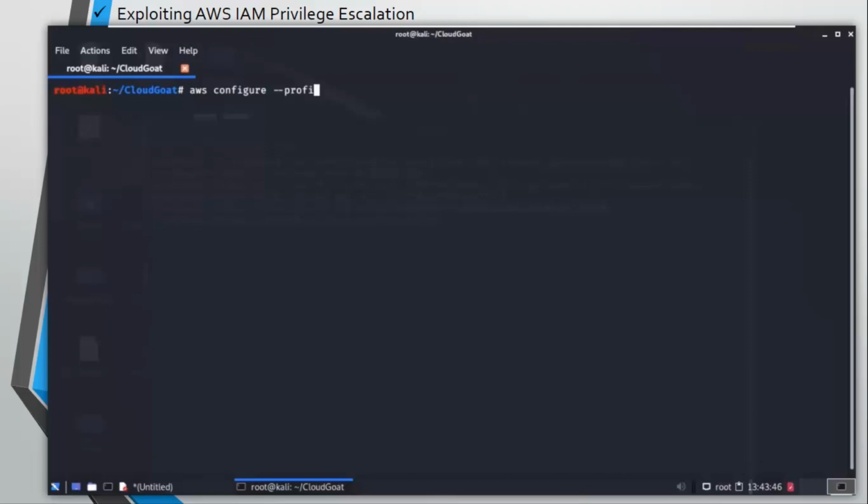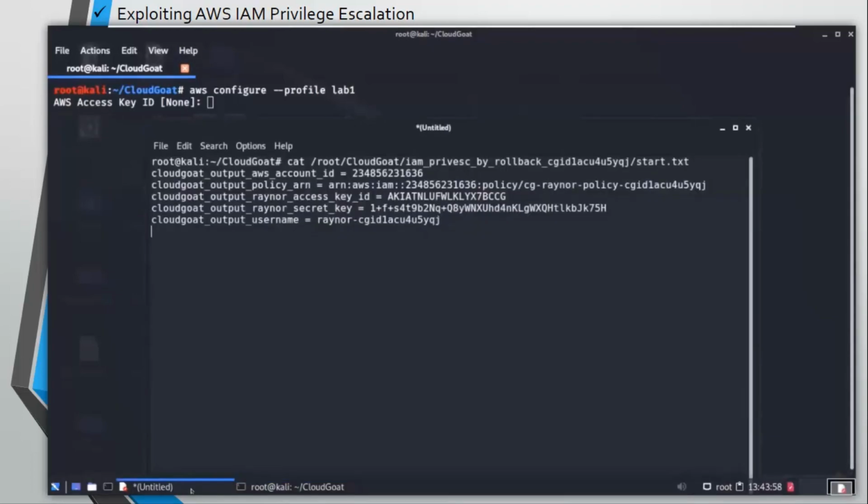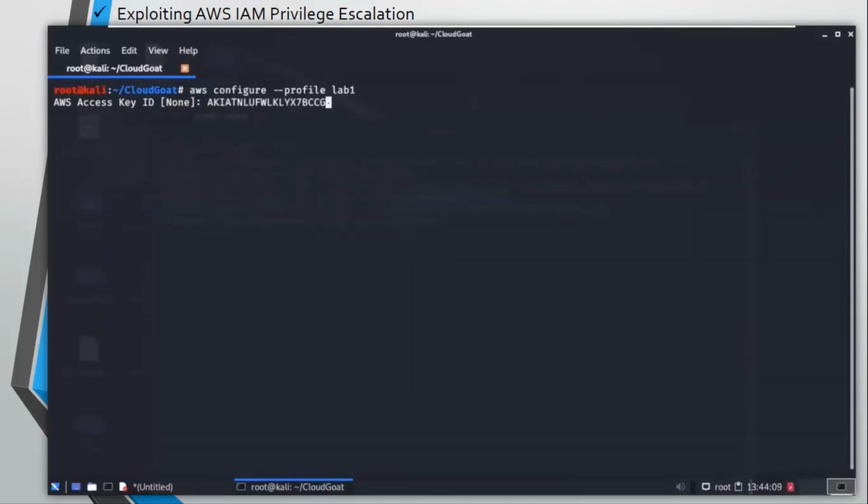So we are going to configure a profile with these credentials of Raynor, as we did before with our CloudGoat credentials. I'm going to give the profile name lab1. Just copy and paste the access key. That's the access key, and we are going to copy it and paste it here.